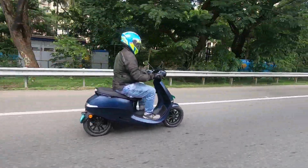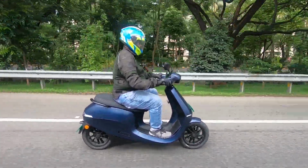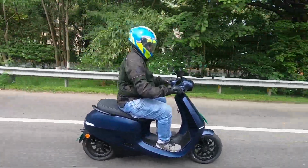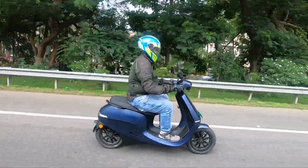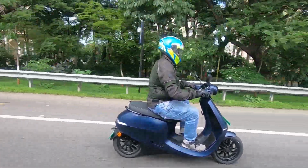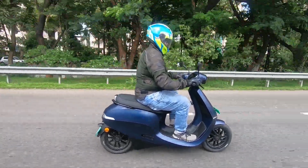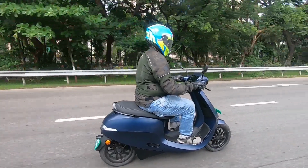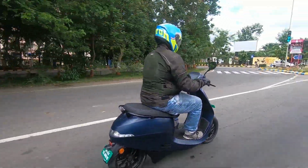We found the handling to be very impressive, but the front suspension can feel a little weird when you push it really hard, and the feedback is not that great. And of course the front suspension definitely needs a change, because it could have been better in many ways, right from the reliability aspect to the way it provides feedback and to the way it absorbs bumps. Because like we told you in our road test video, the front suspension, despite lower pressure tires that we rechecked again and again, the front can feel a bit